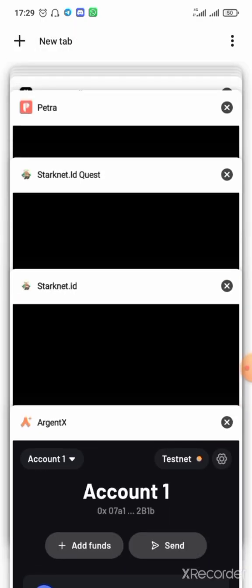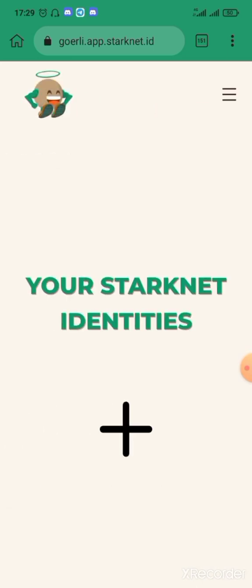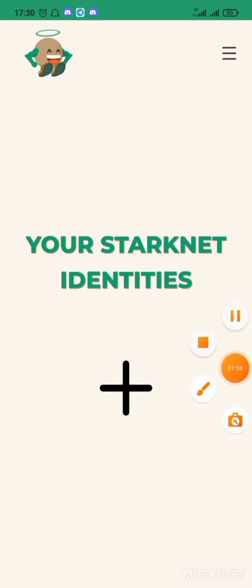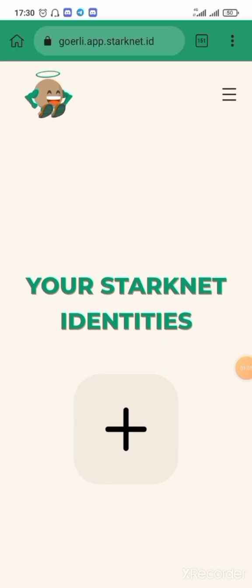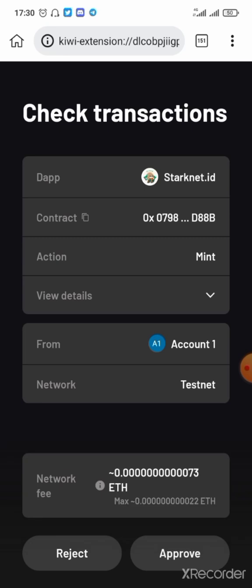After you have connected successfully, you can see the address there. Then click on that cross icon and go back. The next thing is to click on this plus sign. When you click on this plus sign, you just need to go and approve your transaction. After you approve the transaction,